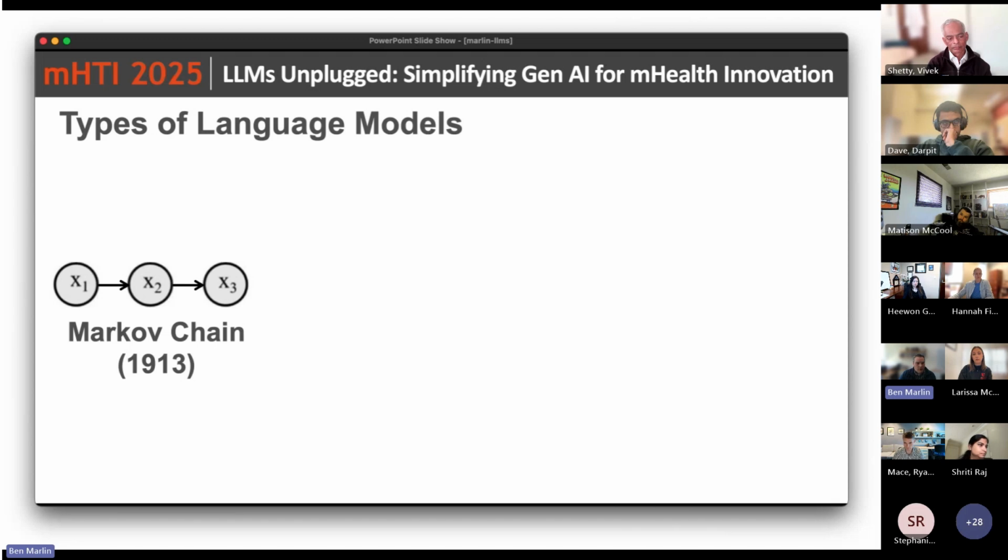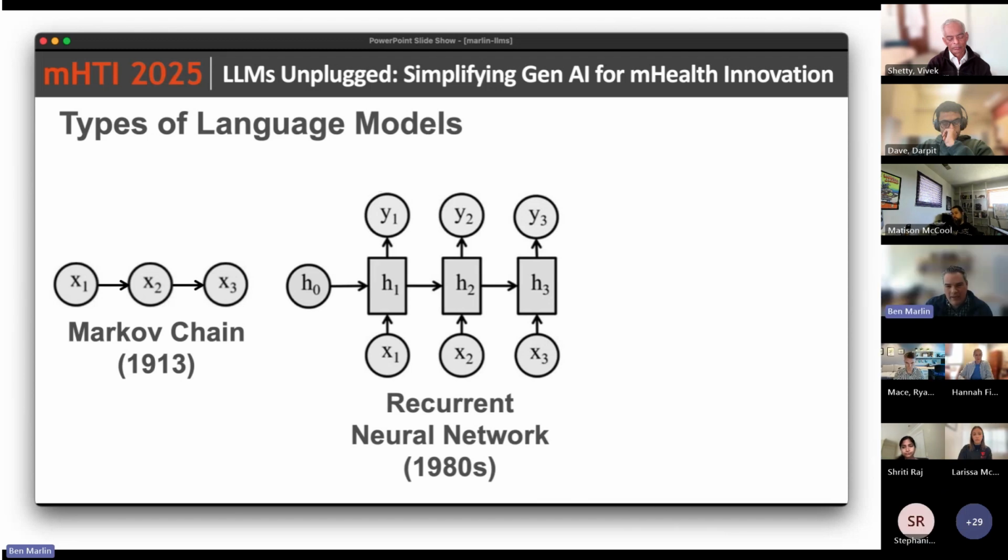Through the beginning of the 1980s and subsequently, this basic idea of the Markov chain, looking at one character given a previous character, was generalized to structures that can hold on to representations that are more flexible as you move through a sequence. These models are called recurrent neural networks. They have a number of challenges when you try to apply them to very long sequences.